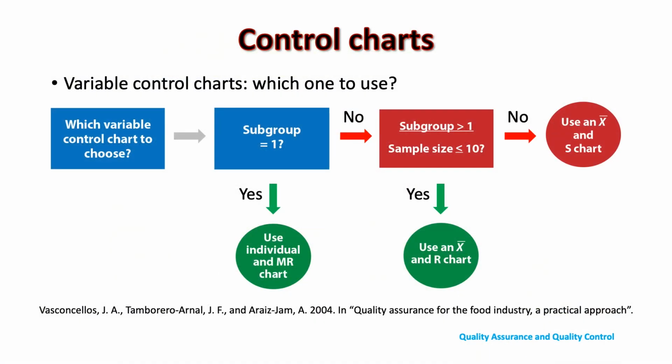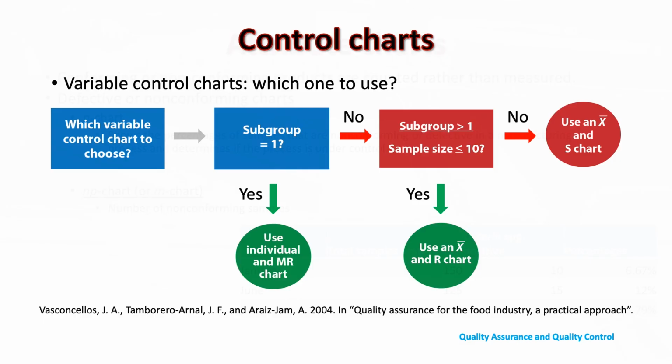Here's a quick summary of the 3 sets of control charts. When measurements are taken continuously, the set of individual and moving range charts is the best fit. In this scenario, all measurements taken are considered one subgroup. When more than one subgroup is taken, and the sample size is less than 10 for each sampling point, X-bar and range charts are a good fit. If more than 10 samples are taken at each sampling point, X-bar and S charts are better for reflecting the changes